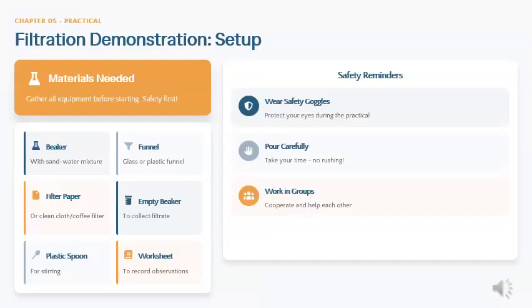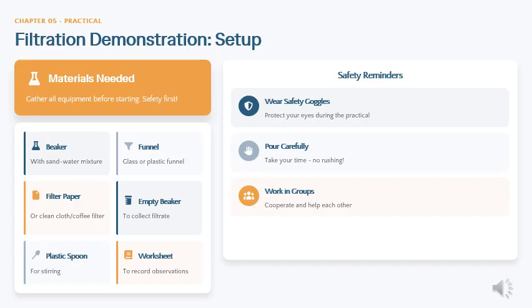Grade 7s, let me walk you through a practical demonstration that you can try at home or in your free time, which is a filtration demonstration. This is the setup that we'll be using. Materials needed: gather all your equipment before you start, and remember, safety first.